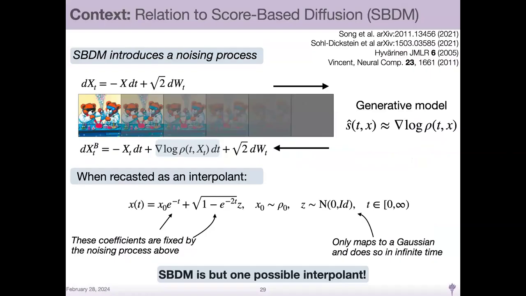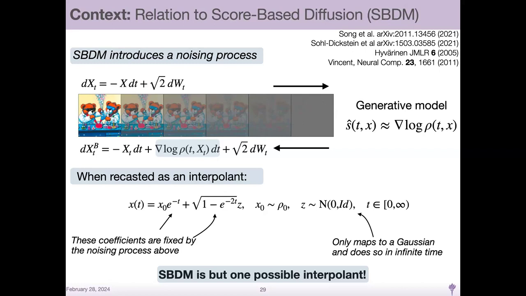So just as a quick caveat, to relate to these incredible score-based diffusion methods, which are an inspiration for the regression problem we're trying to lay out here. I'm sure you're familiar with this model at this point, but score-based diffusion basically says I'm going to have some data, and I'm going to introduce a noising process on that data. In fact, it follows this thing called an Ornstein-Uhlenbeck process, which gives you a rate at which this sample is evolved into Gaussian noise. And what they say then is, if you want to learn the reverse process, you need a model for this term right here in this SDE, which is the score function at any time t. Okay.